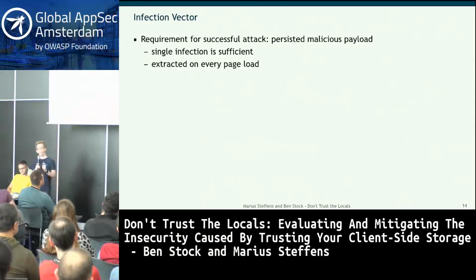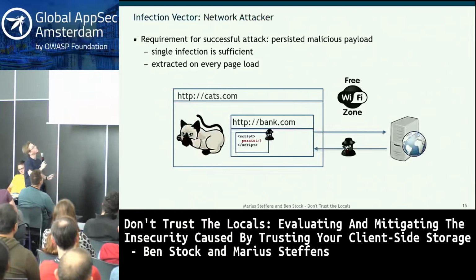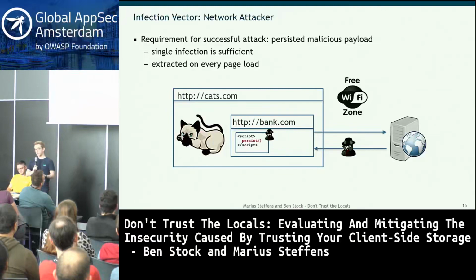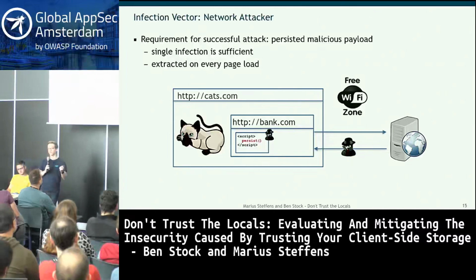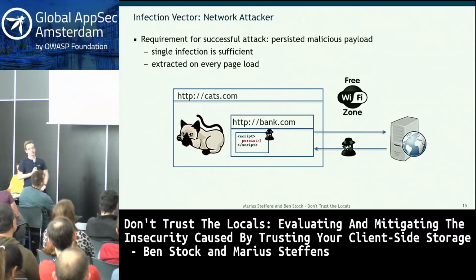And the first attacker model which we consider for that is the network attacker. The network attacker, as usual, sits somewhere in the wire, or maybe hosts an open Wi-Fi, and just listens and modifies HTTP traffic. In this case, the user is visiting some kitten pictures website, so Sebastian already introduced our group's liking of cat pictures, and the network attacker sits on the wire, intercepts that request, and modifies the response a little bit to also include a hidden iframe pointing to the site that the attacker wants to target. In this case, that's bank.com.